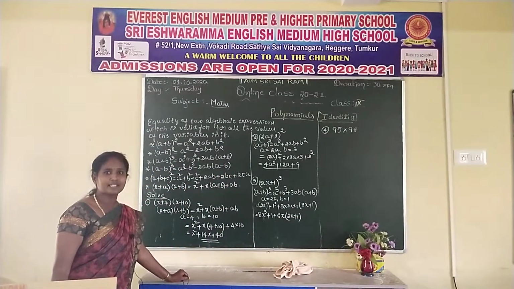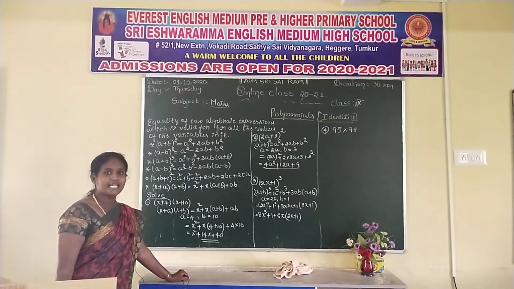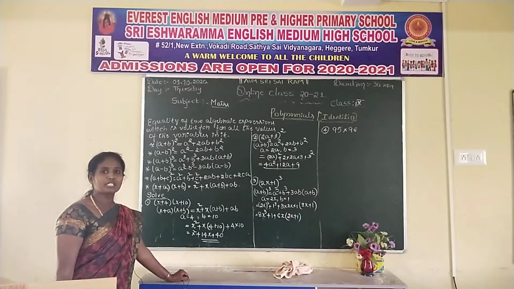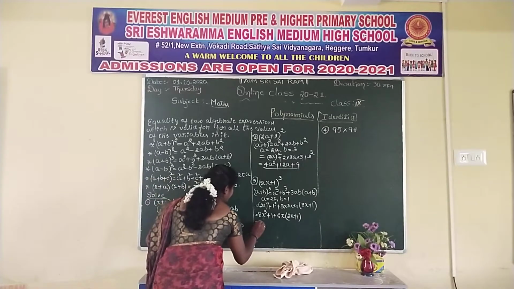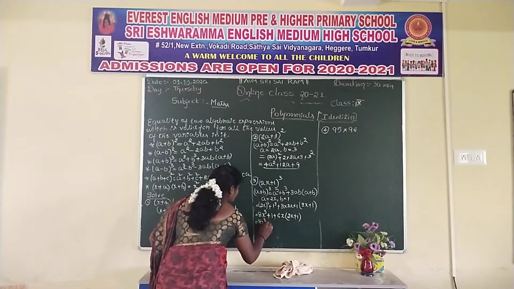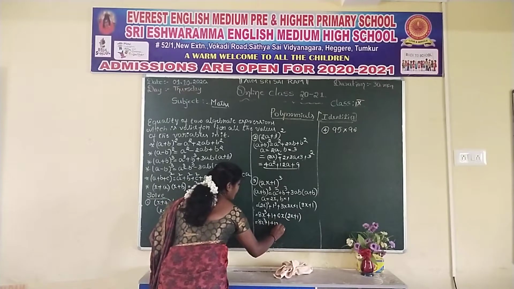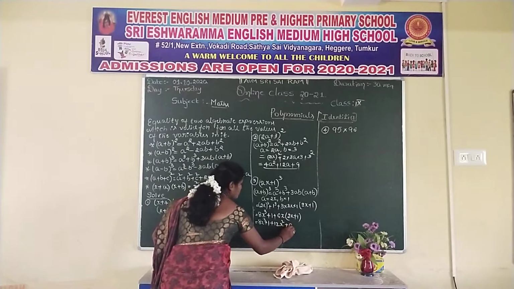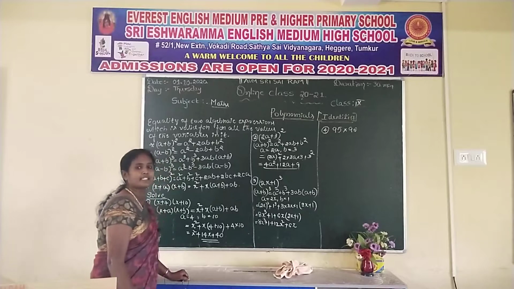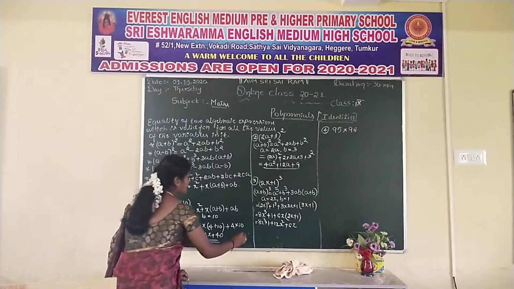Why can't we add those? Because those two terms are unlike terms. Unlike terms means different variables. So 8x cube plus 1, and then you should multiply that. 6 2s are 12, x into x is x square, 6x into 1 is 6x. You can multiply, but you can't do addition and subtraction.